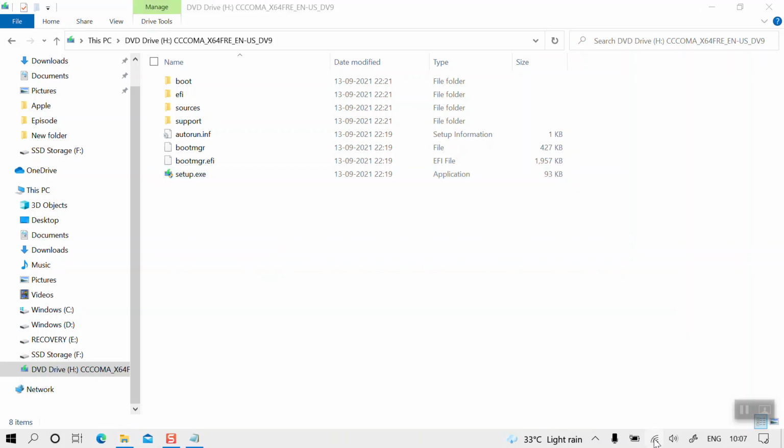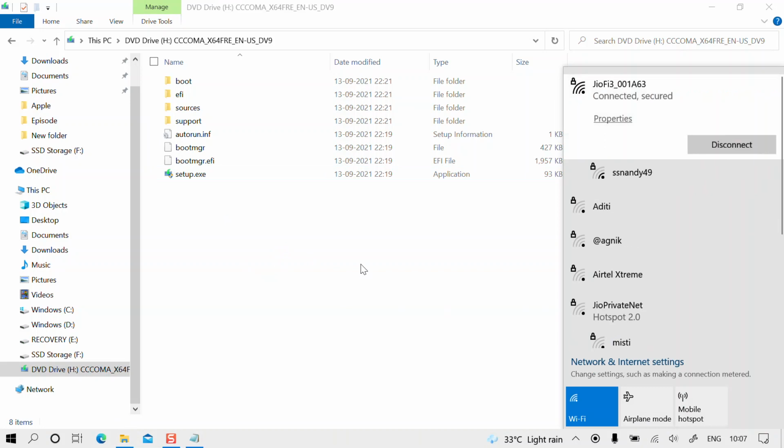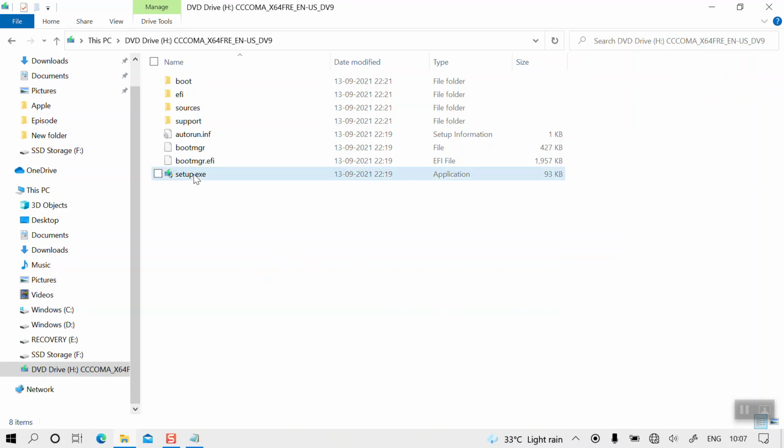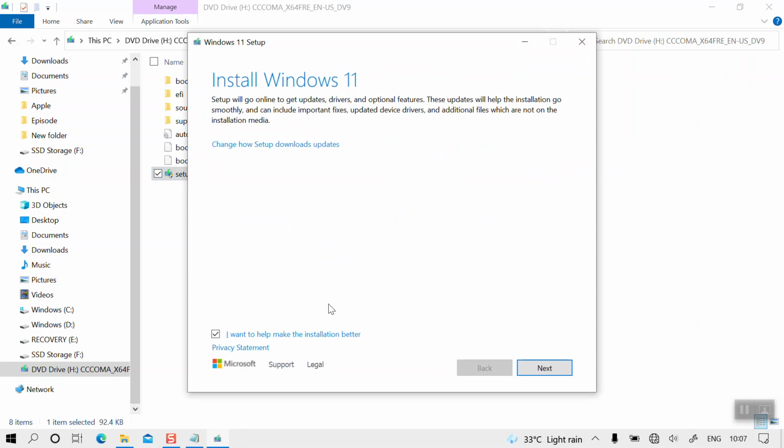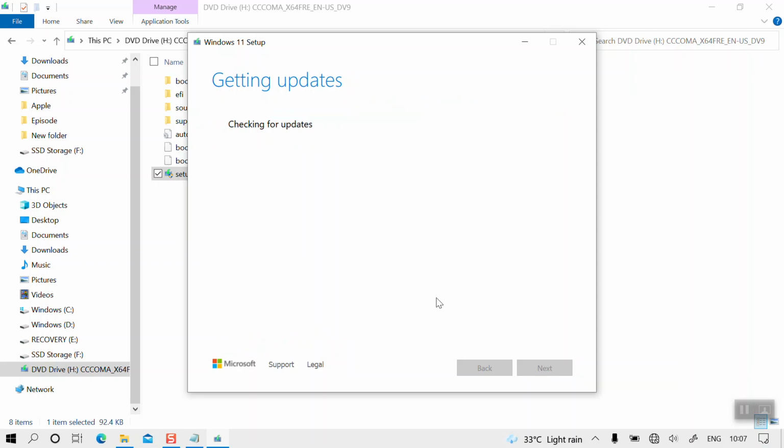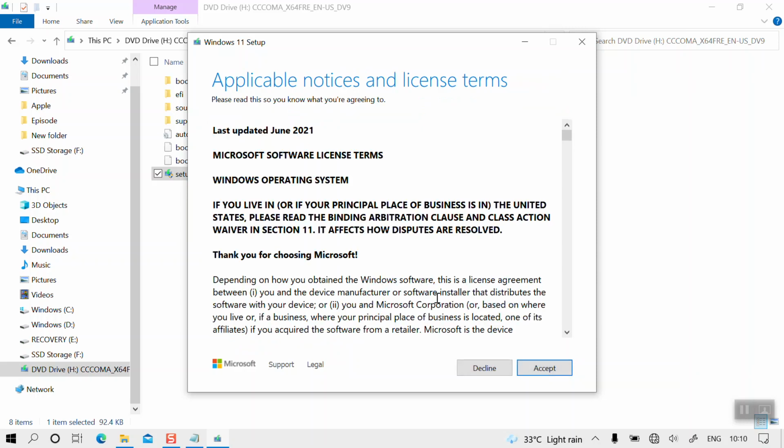Let me switch off my internet and then start the setup again so that it doesn't look for updates. Let's uncheck "I want to help make the installation better" and click on Next. It took a couple of minutes to check the system.